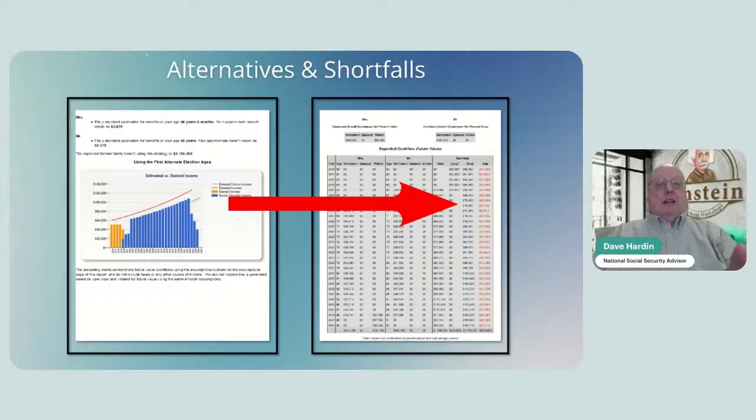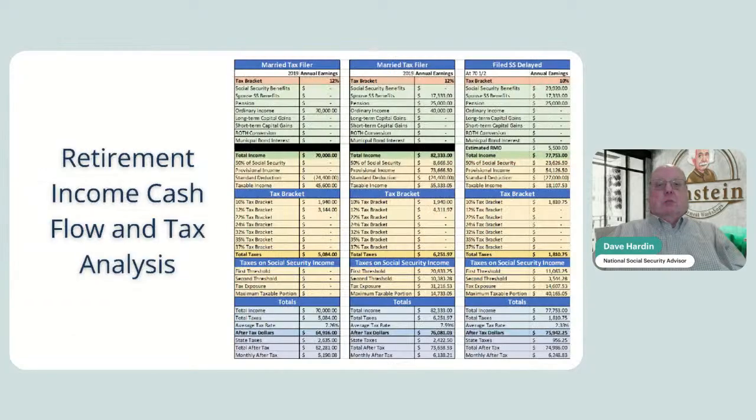Maybe I don't like that. What are the alternatives, Dave? Can you show me instead of that if we do it this way? Yeah, absolutely. How about, what if I have a shortfall? We'll show you how to address that and make sure that you're okay. What if I don't have enough for the income I think I need? We'll work it out. It'll look at your retirement income cash flow and do a tax analysis. How do I save money? You've been talking about taxes like it's a big deal. How can I save money, and how much can I save? And what about income?